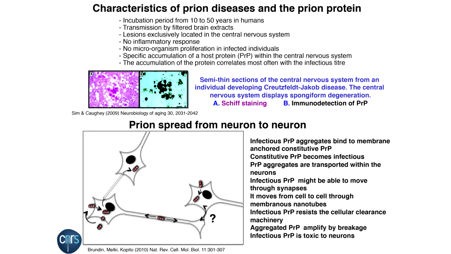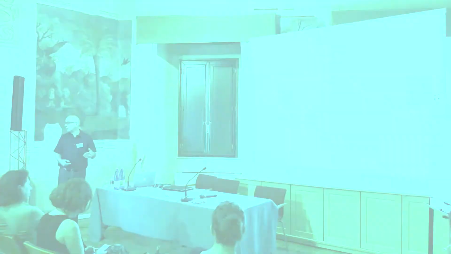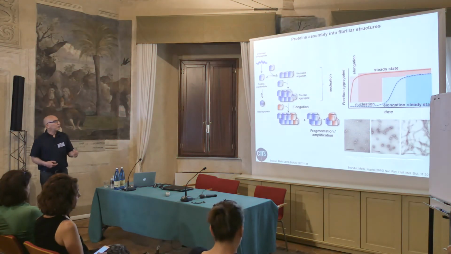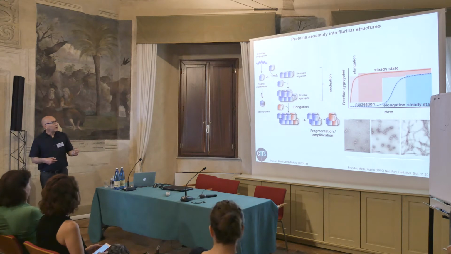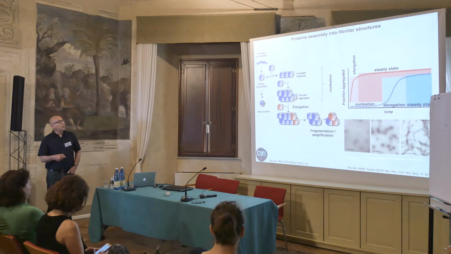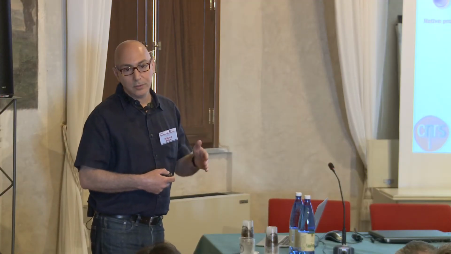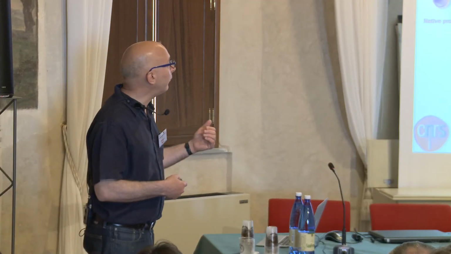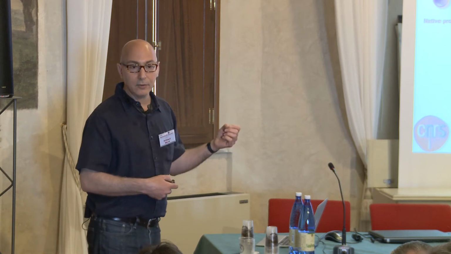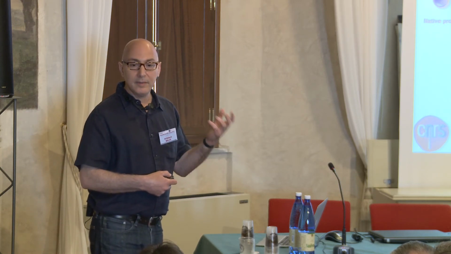So how do we see, from my point of view, what is happening? We don't know exactly because we don't have a structure for this protein. But what we think is that we are generating these folding intermediates that can interact either longitudinally or laterally with the same molecule, the same folding intermediates. As long as you have this oligomer, the oligomer is unstable because there are either longitudinal or lateral interactions. It's when you have longitudinal and lateral interaction that you stabilize